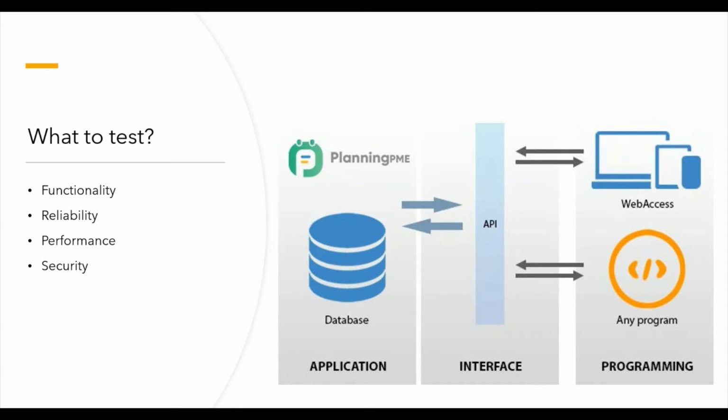The third part is performance. Any data which comes via API should have some performance measures as well. It should not take too long. It should handle a load of data, let's say for 1,000 users, for 10,000 users, for 5,000 users, and all that. It should be performing as expected. If it is taking a lot of time, if it is not as expected, again it fails on performance measure.